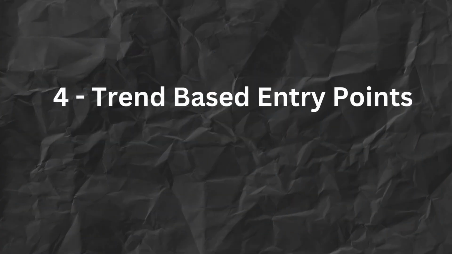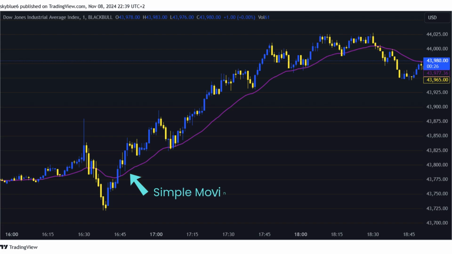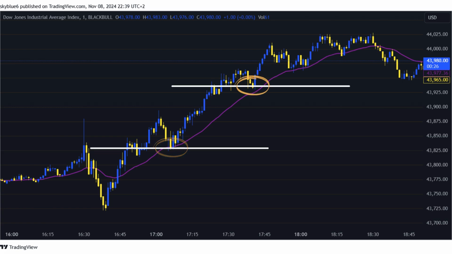Trend-based entry points. DCA here is based on technical indicators or trend analysis. For example, you might enter positions periodically only when a simple moving average, SMA, suggests a bullish trend or after certain reversal patterns respecting the SMA. Aligning your DCA entries with technical indicators may allow you to capture moves aligned with the overall market trend, potentially enhancing profitability. This approach is suitable for traders who prefer to align DCA with technical analysis and avoid purely passive